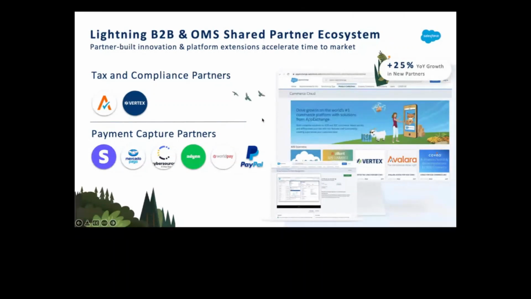Of course, the B2B and OMS, as I said, the shared partner ecosystem, work together to pre-build innovations and platform extensions to accelerate the time to market. There are companies who provide compliance partners, because there is fraud and compliance at portals, and some are regional, because your portal may be a regional portal or a global portal that works with local compliance, right? The OMS platform has complete coverage of the entire global system of tax and compliance. They have partners who work with you and get you through the compliance system,